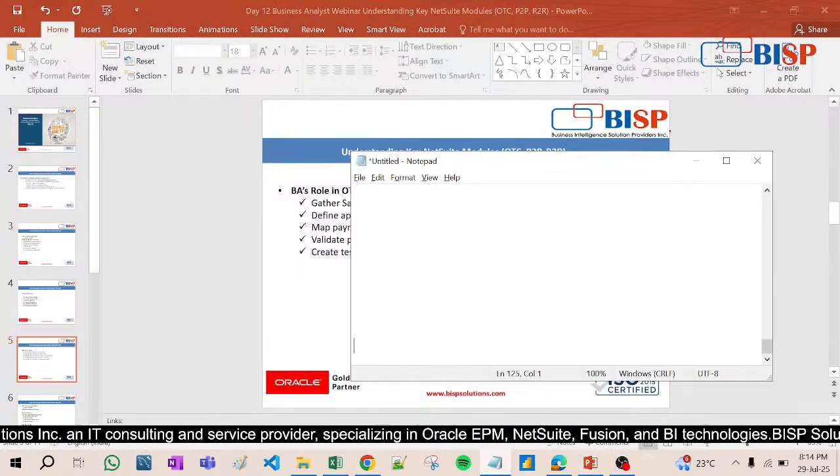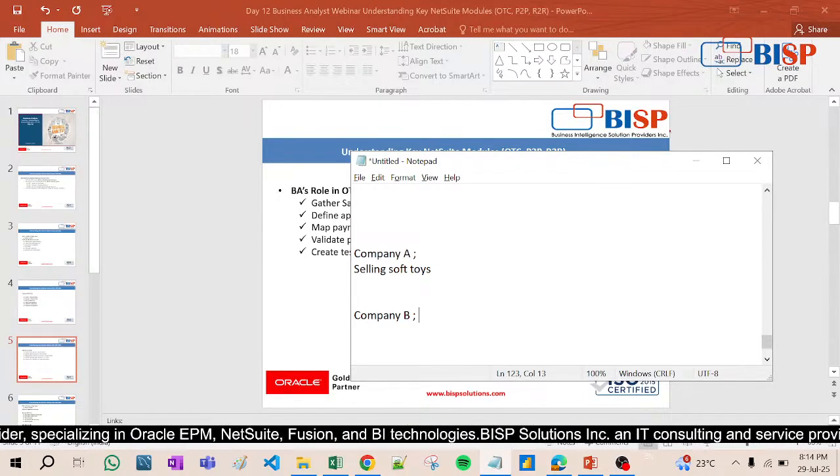Here, for example, company A is selling toys, soft toys, and company B is selling heavy furniture. So definitely, this company selling soft toys will not